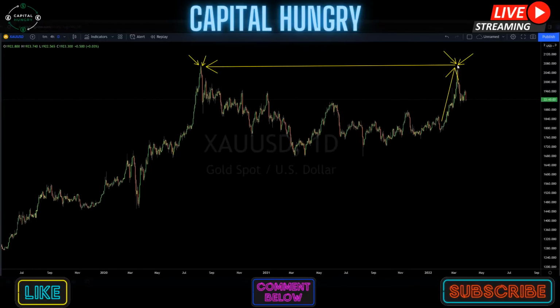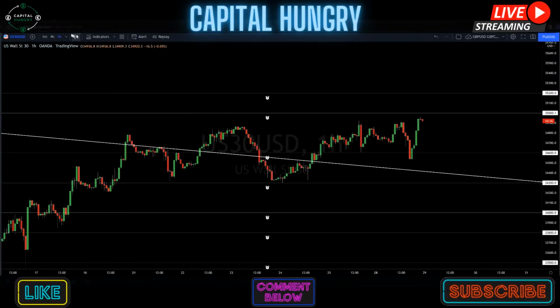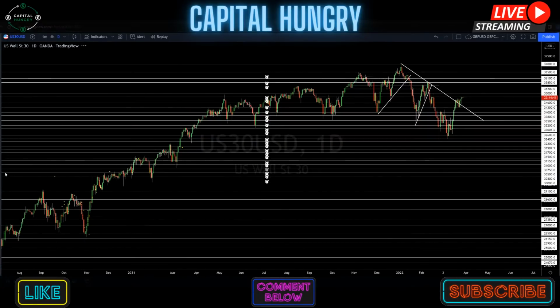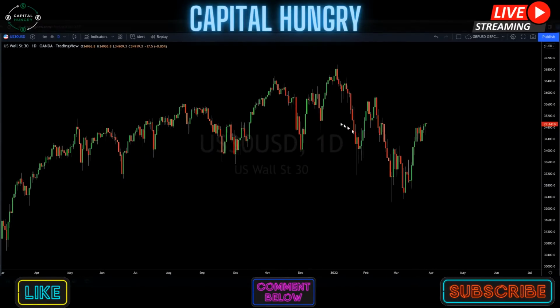So what we have to understand is the market moves in waves, and the buyers who are flooding the market with these buy orders, the same time we had that market fear, uncertainty, and doubt when gold was pushing up, the equity markets were weaker on the short term. Let me show you this here. Right? So the same time gold was having that bullish rally, equity markets were of course weaker on that fear, uncertainty, and doubt from the global impacting factor of the Russia and Ukraine tensions.